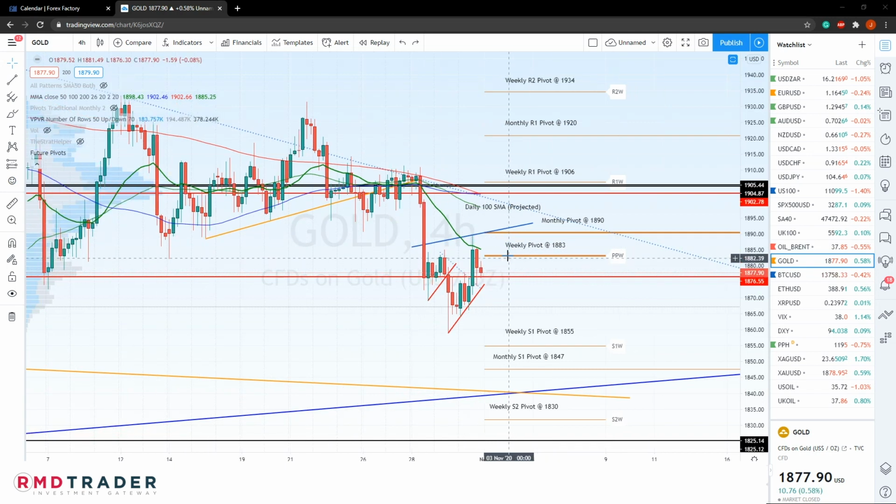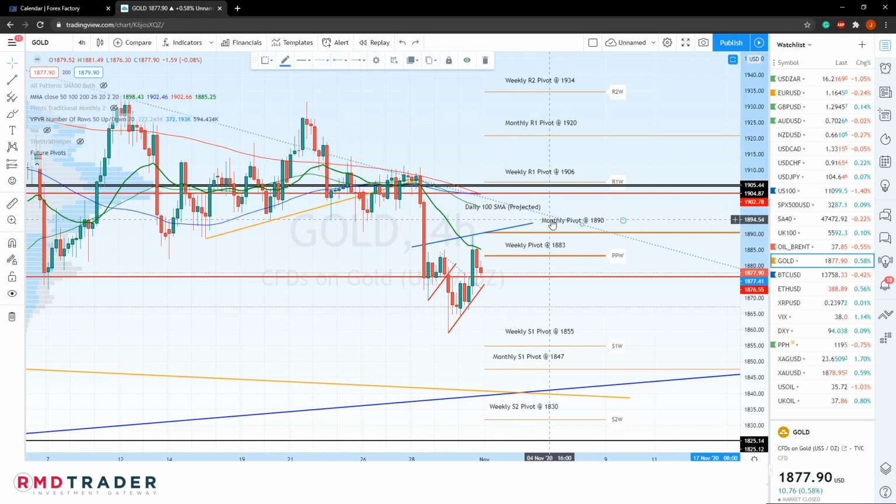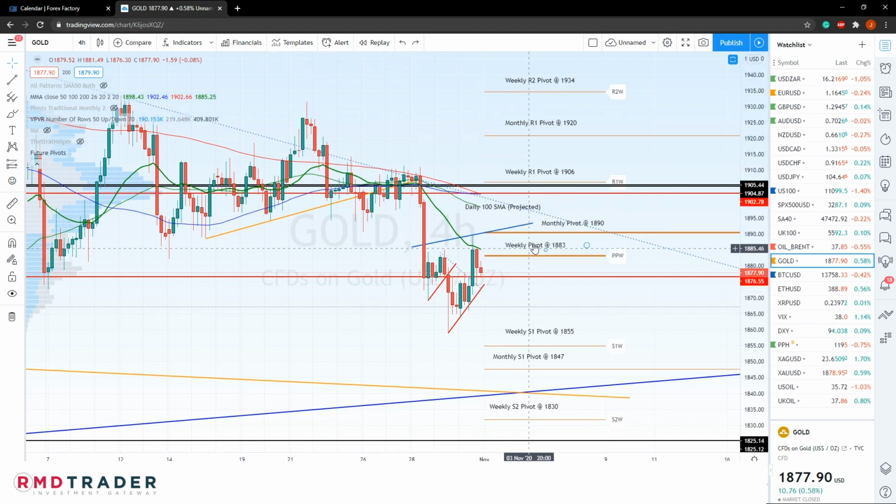So at this stage, we can see that we have our weekly pivot at 1,883. That's just above where we are currently trading. And of course, also our monthly pivot at 1,890. So this now becomes the area of support, and this also acts as some additional confluence with the daily 100 SMA. So therefore, it would be very important for price to break above this 1,890